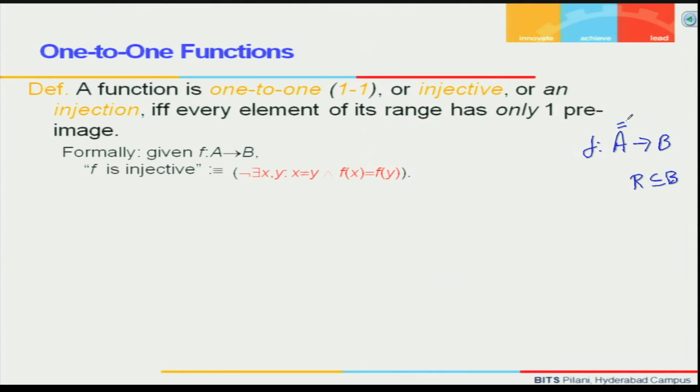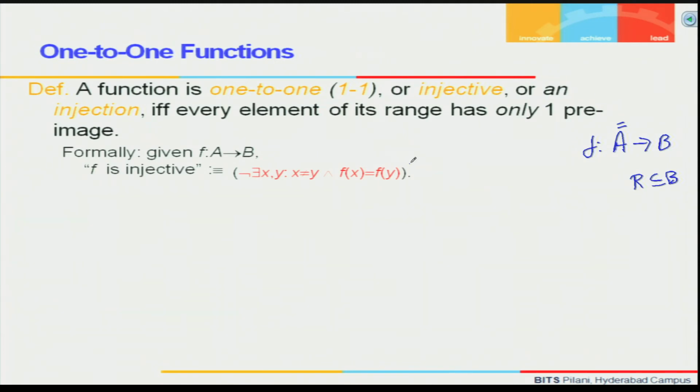When you define a function, two elements in A can go to the same value of B, isn't it? That is very much a function. Two values in A can go to the same value in B. We will do with an example. But before that, just get this thing. Two distinct elements of A can go to the same element of B. This is very much okay when it is any function. But for it to be a one-to-one function, distinct elements in A should go to distinct images.